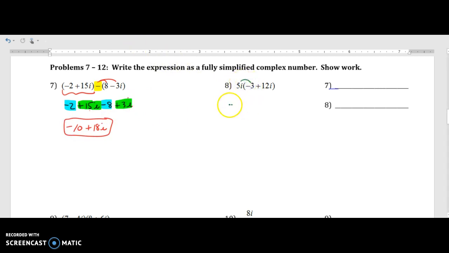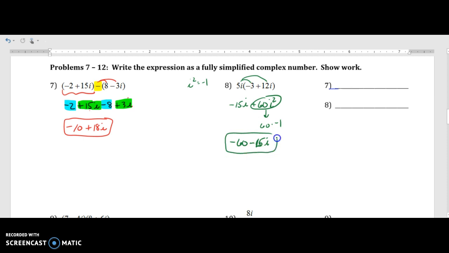5i times negative 3 gives you negative 15i. Then 5i times 12i is going to give you plus 60i squared. Remember, i times i is i squared. But what you have to remember is anytime you see i squared, you can replace it with negative 1. So this is the same as doing 60 times negative 1, which gives me negative 60. And then I have to bring down the minus